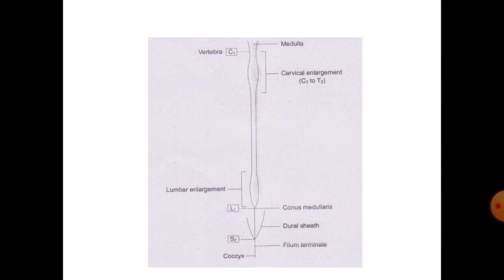If you want to do the lumbar puncture as is done in anesthesia, or to get a sample of cerebrospinal fluid, the spinal cord actually ends at the L1 or L2 vertebra, and if you push the needle between L2 and L3 or L3 and L4, there is only cerebrospinal fluid there, so no nerve fibers are there, so there is no chance of damage.